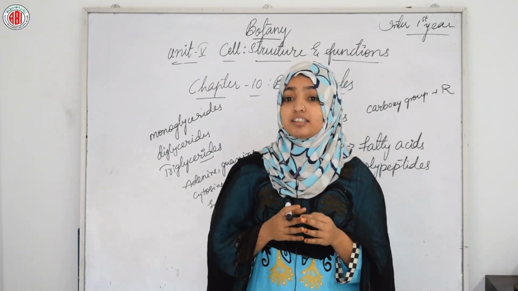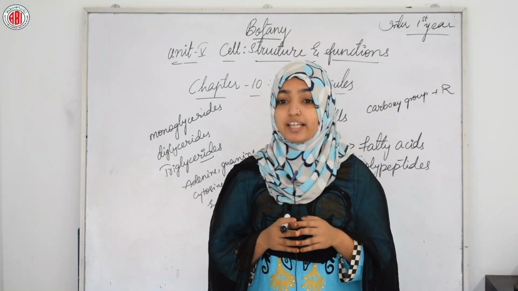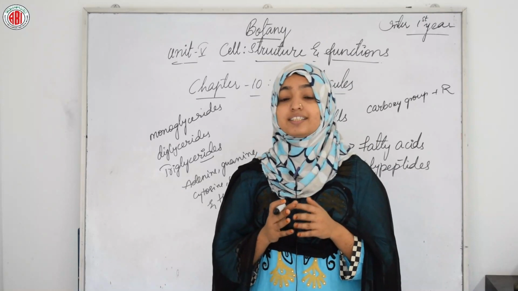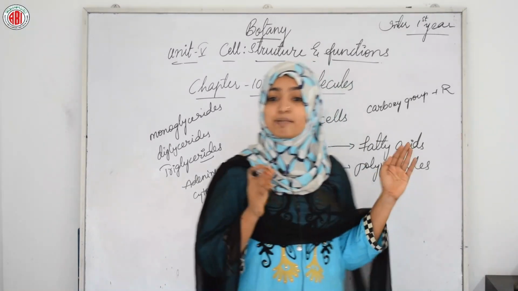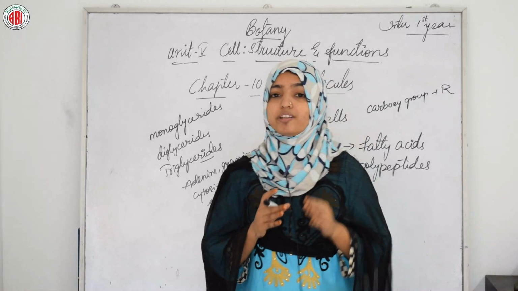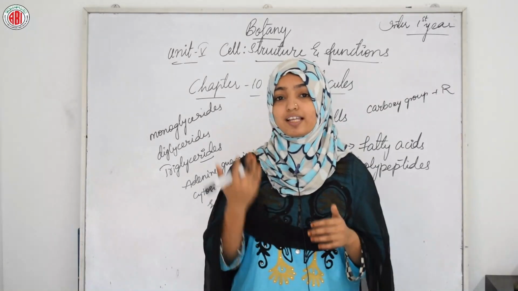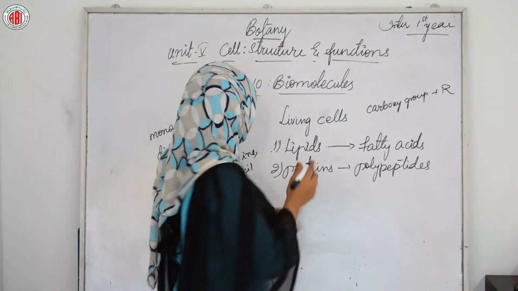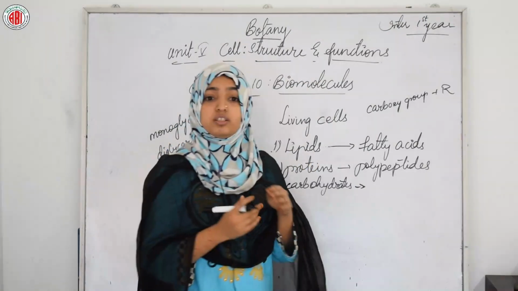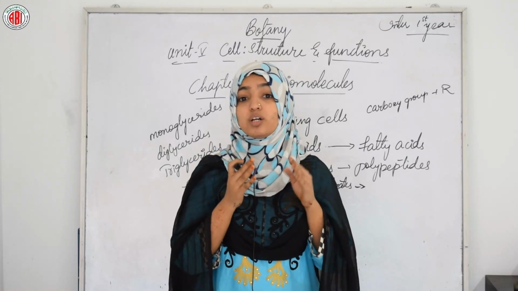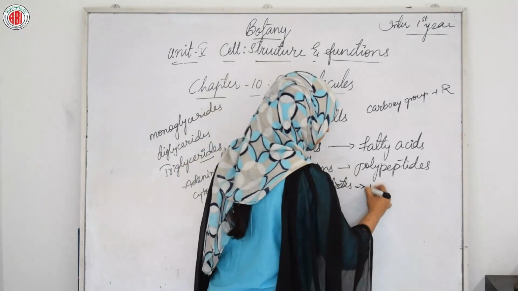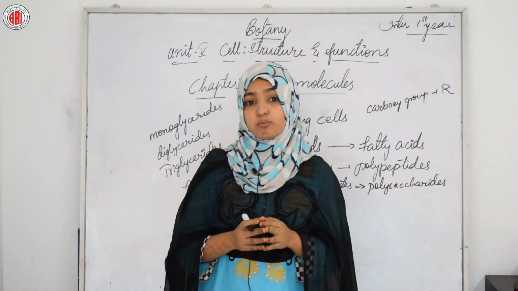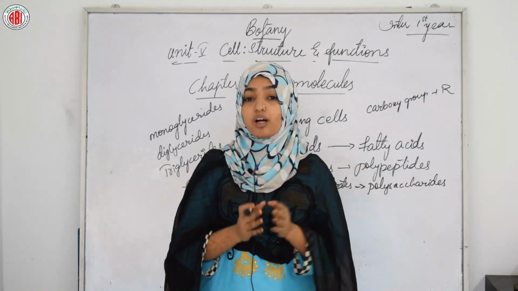Collagen is the most abundant protein in the animal world, and ribulose bisphosphate carboxylase oxygenase, that is Rubisco, is the most abundant protein in the whole of the biosphere, including animals as well as plants. So now it's time for the next biomolecule, that is carbohydrates. The acid insoluble pellet also has polysaccharides. These are another class of macromolecules, and polysaccharides are long chains of sugars.